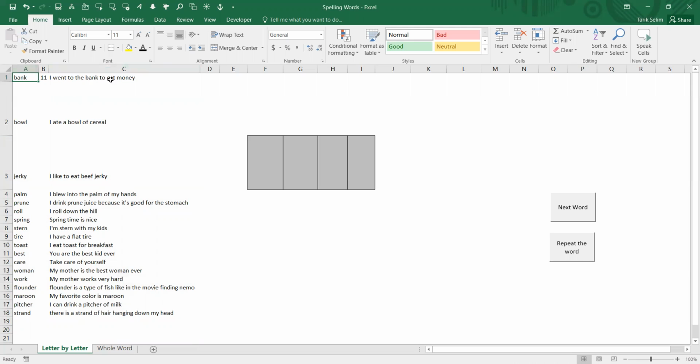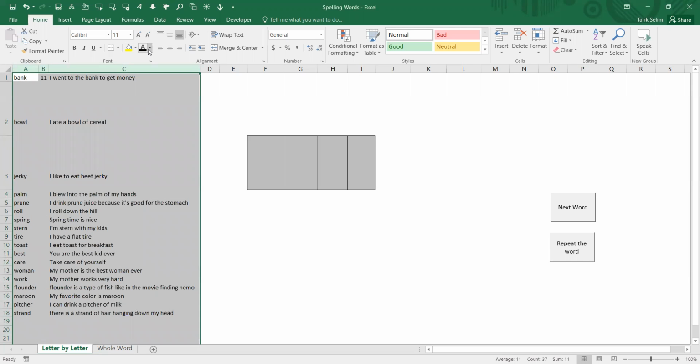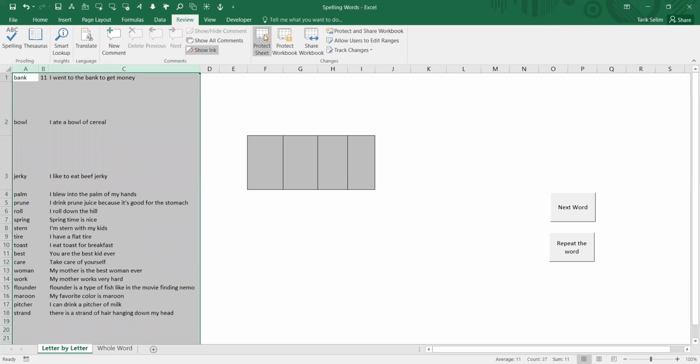So bank, I went to the bank to get money. Bowl, I ate a bowl of cereal, etc. So these are the spelling words. And you can edit this, of course, yourself by just unprotecting the sheet by going to review and then unprotect if it's protected already. And then when you're done, you can go back to review and click protect sheet after making the font